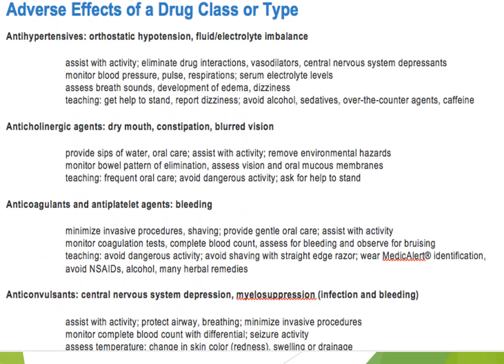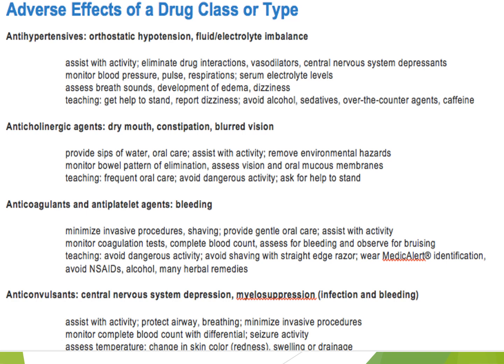Adverse effects of a drug class or type, right? So let's look at a couple common examples and how you should be studying and learning these medications. Take antihypertensives. Some of the common things that we see are orthostatic hypotension and fluid and electrolyte imbalances, right? Their blood pressure changes and drops when they go from a sitting to a standing position. Electrolyte imbalances with potassium, sodium, those key things help us keep in mind what we should be doing and anticipating because of some of the side effects